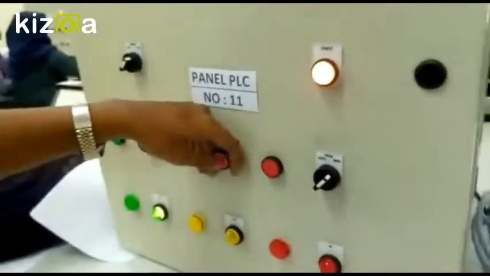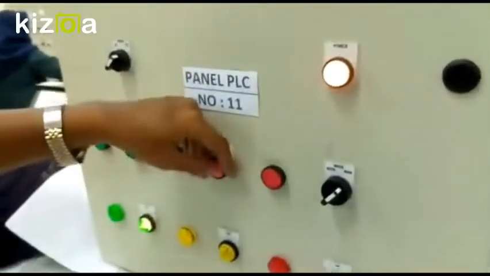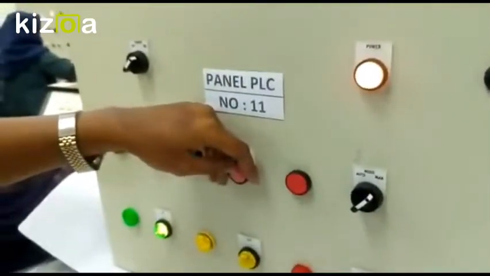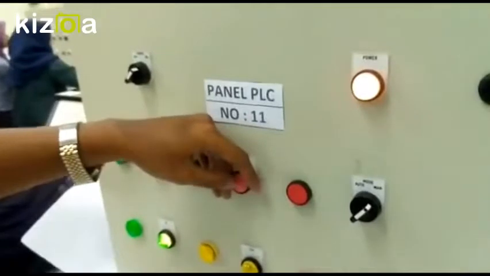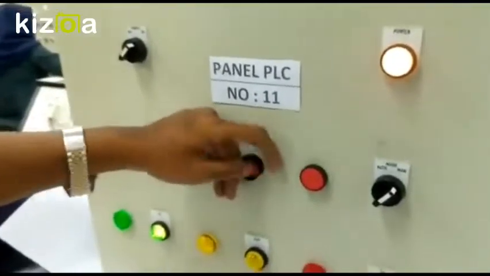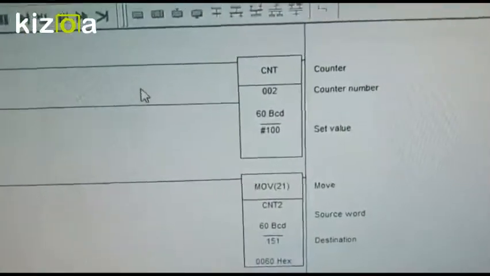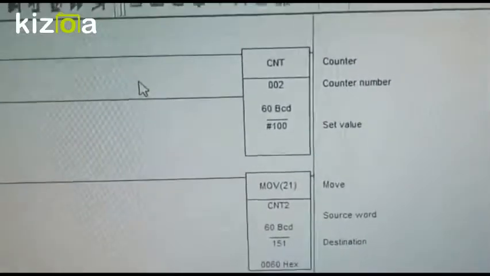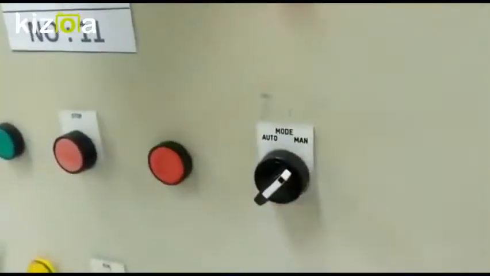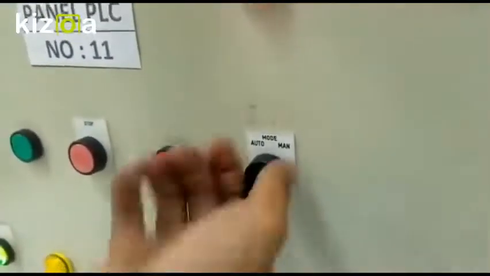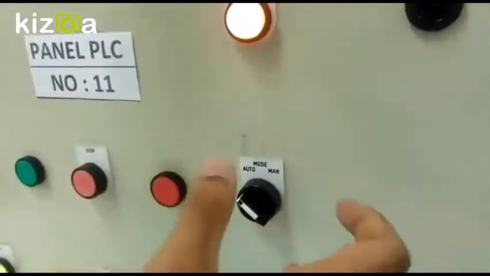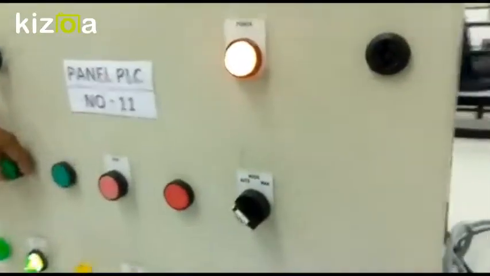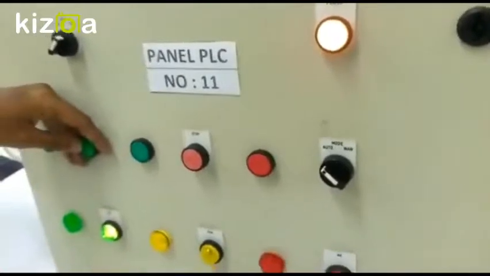We also have this emergency stop button. Whenever there is something that you don't want to happen, or an overload or anything, just stop in an emergency case. The counter will stop. You can see here it is manual, which means there is a cone, but the system is stopped. If we set to auto, which is no cone, it still doesn't count because the system is stopped. So what we need to do is press start again to make the counter count again.